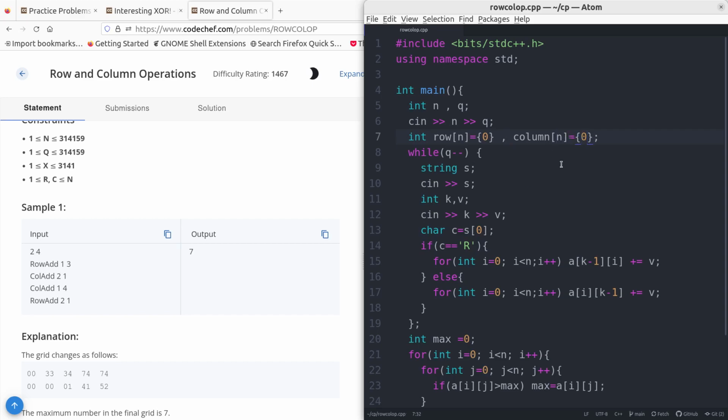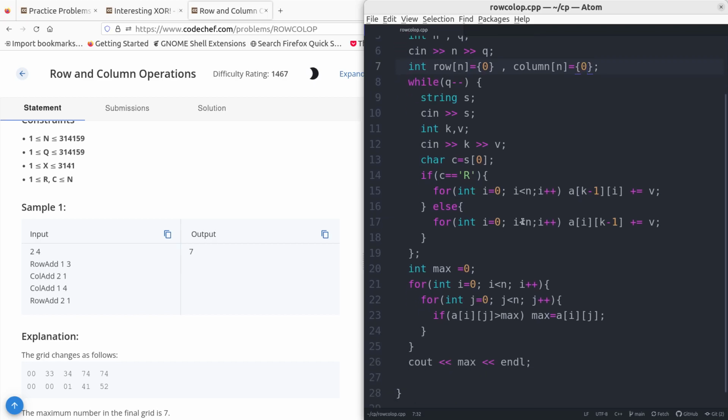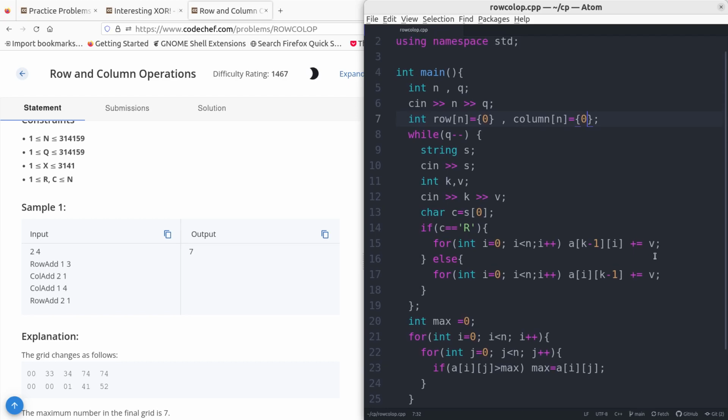All the values in the two arrays are 0, and that's it. We are reading the string, we are reading the k and v values. After reading the k and v values, if the string has r at the start, then we'll do a row increment. Instead of doing this, we'll just say for that element in the row,